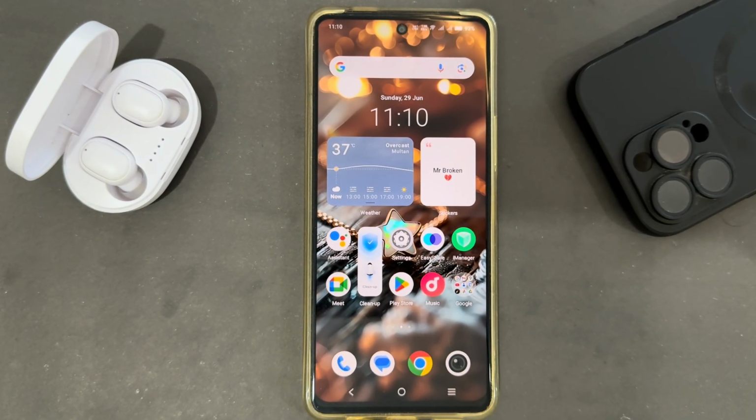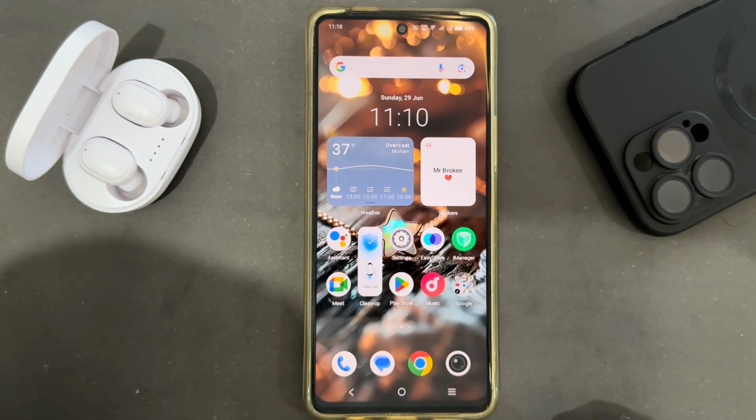Today I'm going to tell you how to enable 2FA for Google account on Android. If you want to enable 2FA or two-step verification of your Google accounts, you just need to follow these